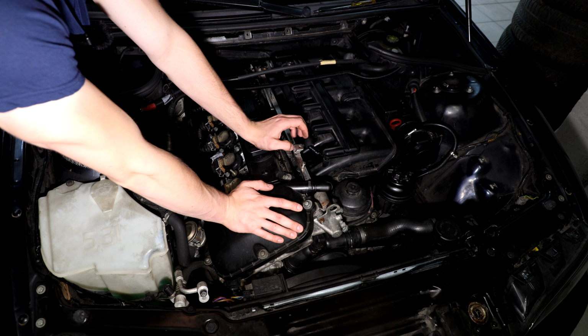From a rust perspective, it is in immaculate condition for being 25 years old already. Everything can be fixed, but I would definitely prefer fixing a car that is mechanically not sound than a car that has tons of rust. So yeah, mint. This is still the original filter. This is riveted on at the front, so I always just bend it out of the way. It feels brutal, but I think that's how BMW designed it, because there's no other way to...